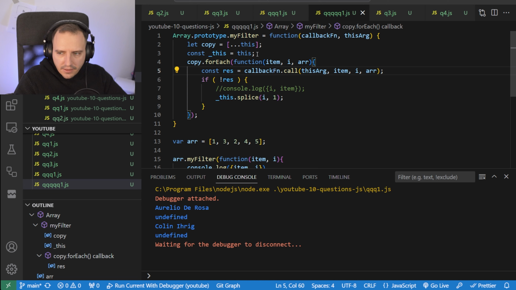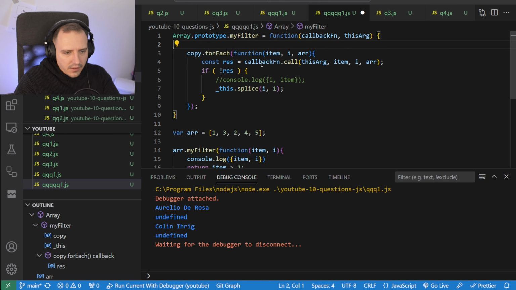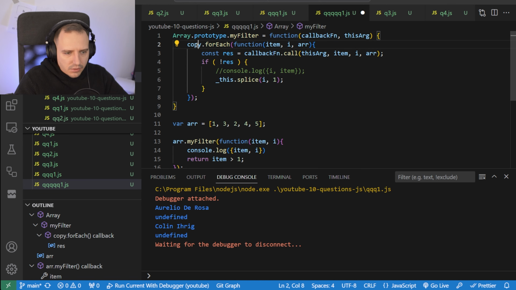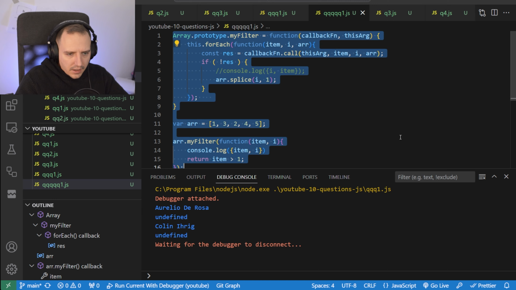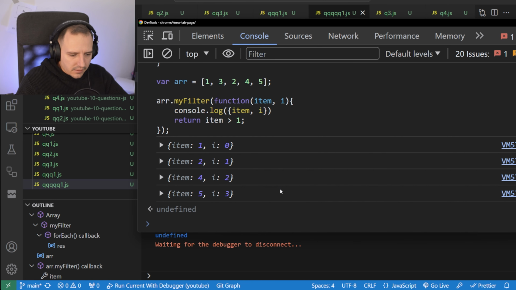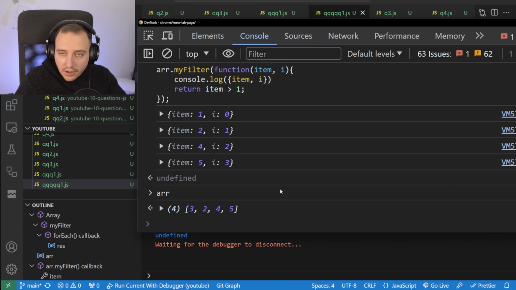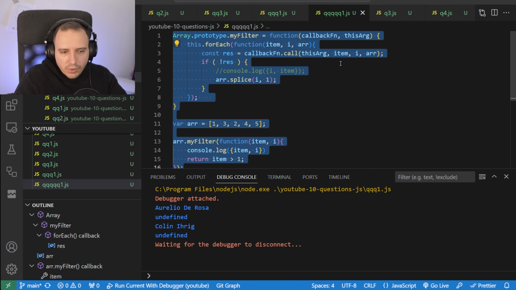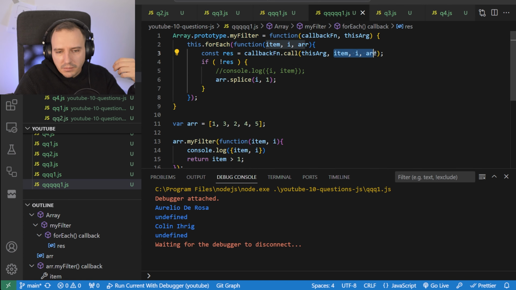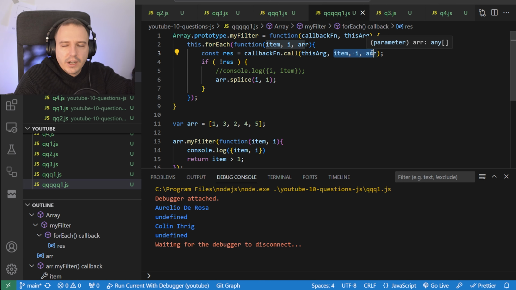Should we try it? I think I should try it, right? So instead of this, instead of copying, I could just do this, and this is passed on here, that there. And if I do this again, my array is correct. So my original idea, see, my original idea was correct. This is what I was trying to do. But here I made a mistake, and I completely went out of the way to solve something else,